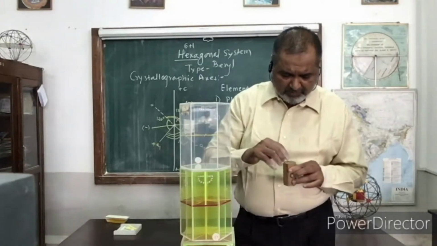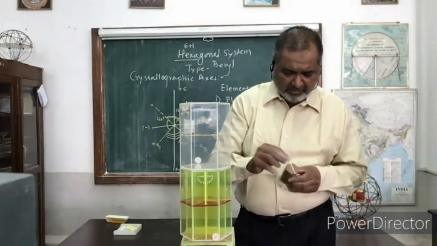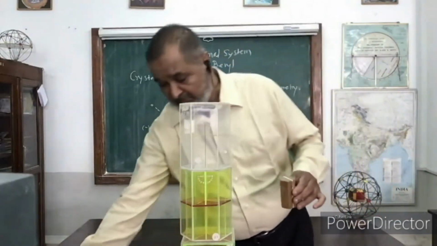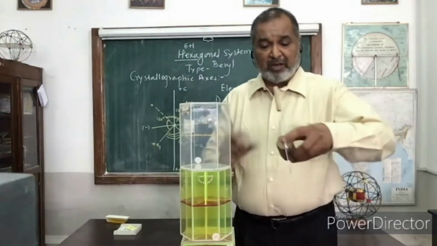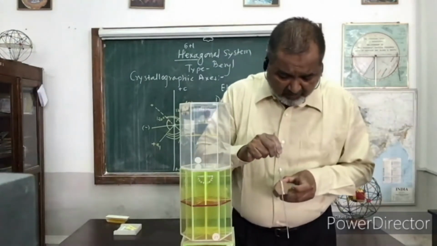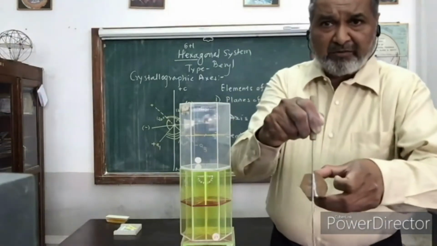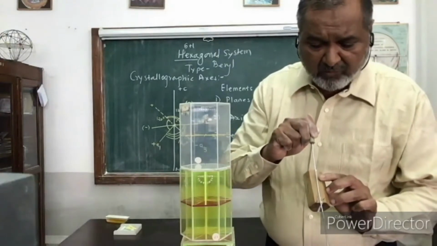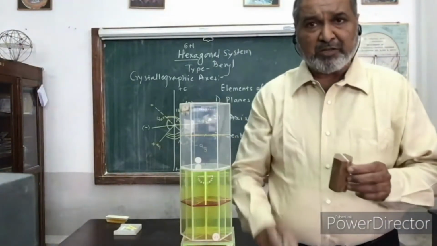If I draw this particular plane, what is happening? The crystal is exactly divided into two equal parts. Now, whatever I drew with the chalk is not a proper line. If you make this one, this will be a correct one which divides this particular face. You can see now, this exactly vertical face will be divided into two equal parts. So this will be one plane which is passing through.